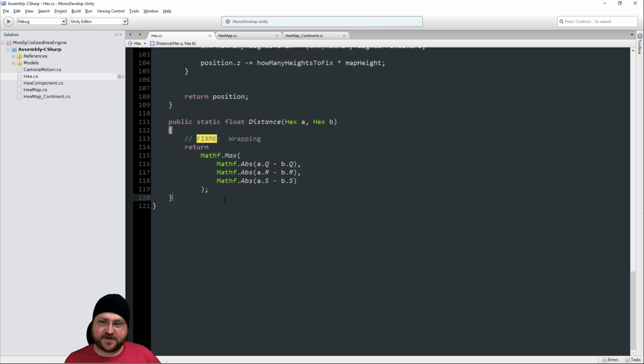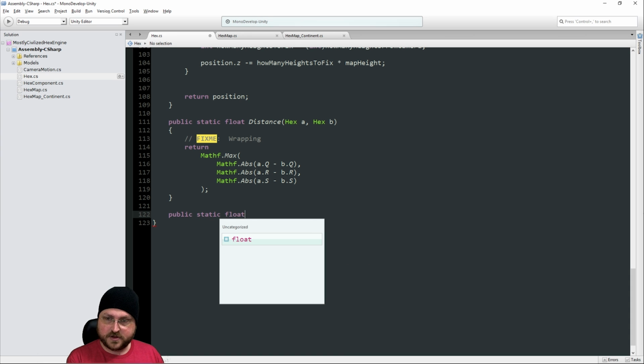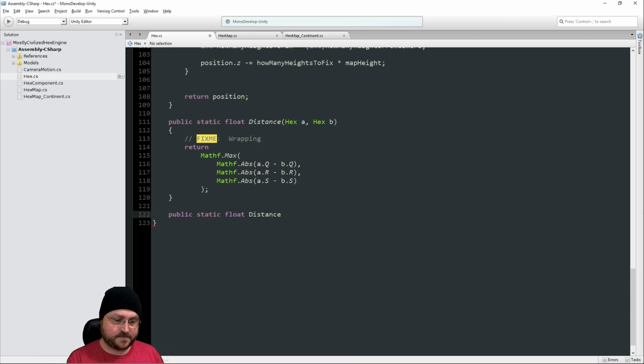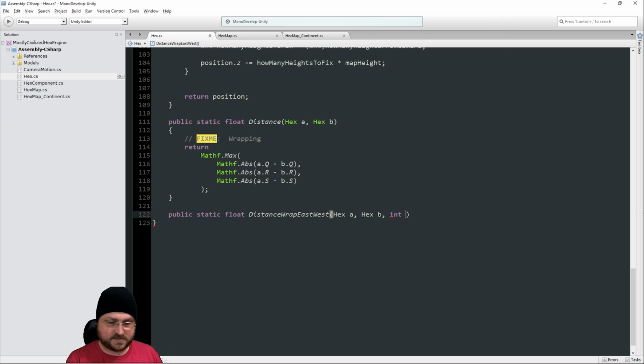I don't feel like this is a very good way of handling this, but I think that a correct way of doing it, doesn't feel like it's the most elegant way. But if we just had a variant distance call wrap east-west, where we still ask for a hex A and a hex B, but then we have to ask for map width, or actually it should be something like num columns. And then we can say something like